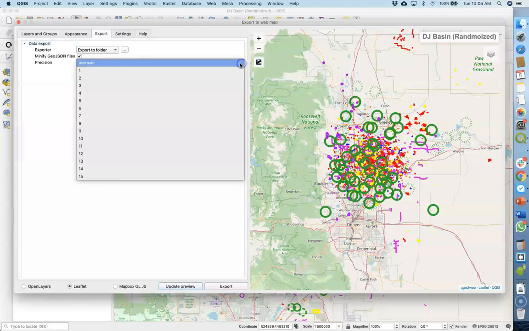And then we also have some options for precision. And you can read more about this in the documentation. But precision has to do with how much it simplifies the data. For instance, if you have a polygon that has a lot of curves in it, every vertex in that polygon is going to take up space in our data file. And again, when we're dealing with web maps, the smaller the data file that we send back and forth, the better. So we have the choice to decrease the precision of our polygons to some degree to simplify them and maybe remove some of those vertices that are redundant or don't add much information, meaning that they don't change the